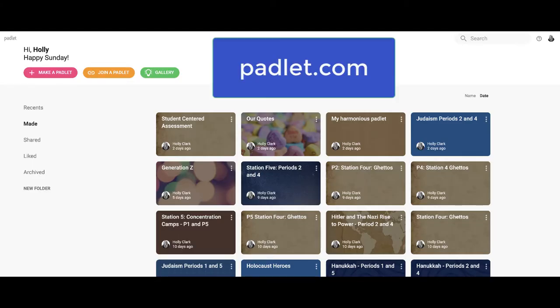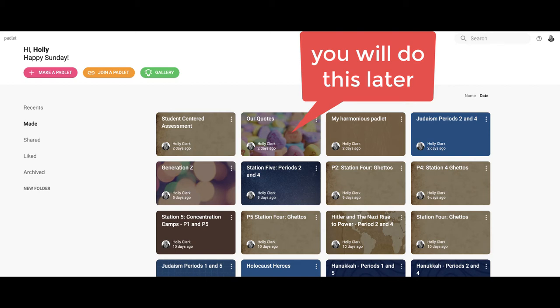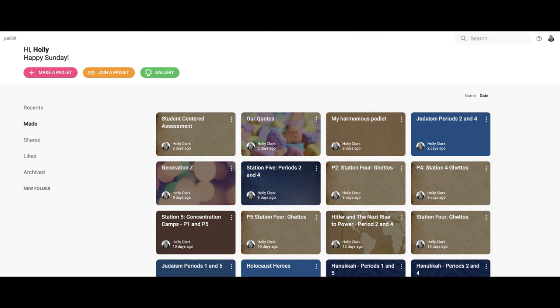Okay, to get to Padlet, you simply go to padlet.com and sign up using your Google account. Padlet comes, I believe, with 3 free Padlets, but your school can get you an account, or you can sign up for one on your own. It's one of those expenses that I find I would have to make if my school didn't pay for it. To make a Padlet, I go up to this pink add button to make a Padlet,